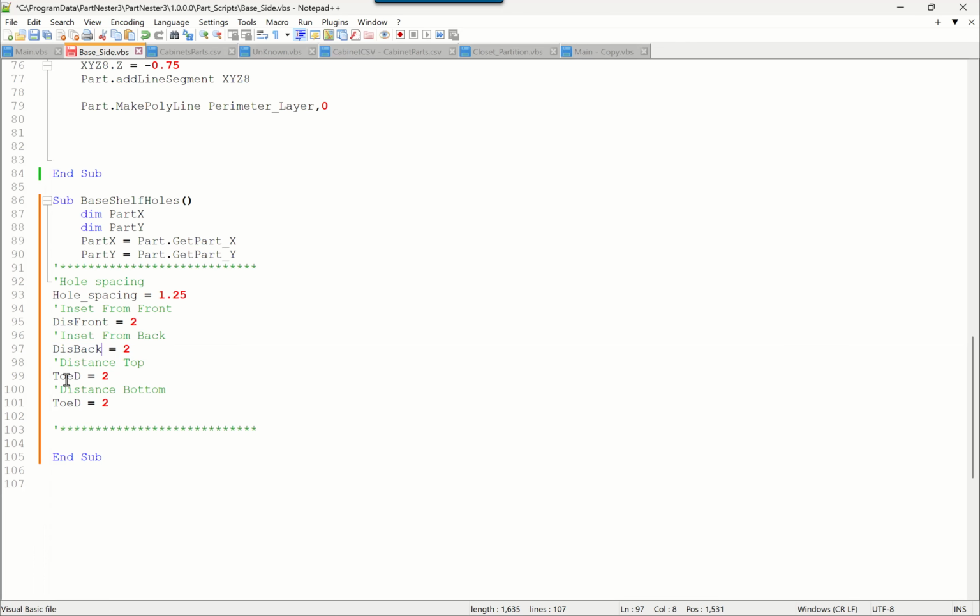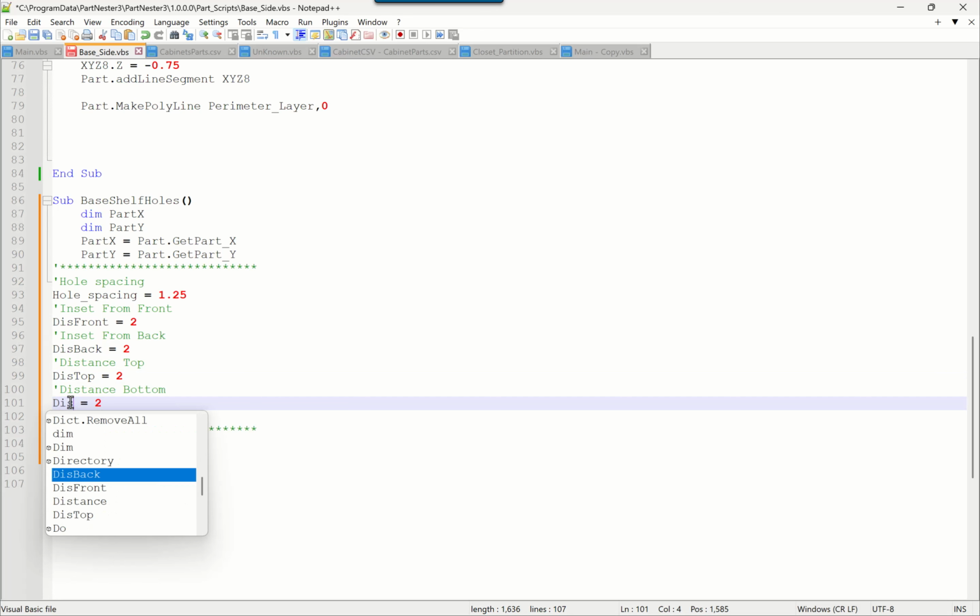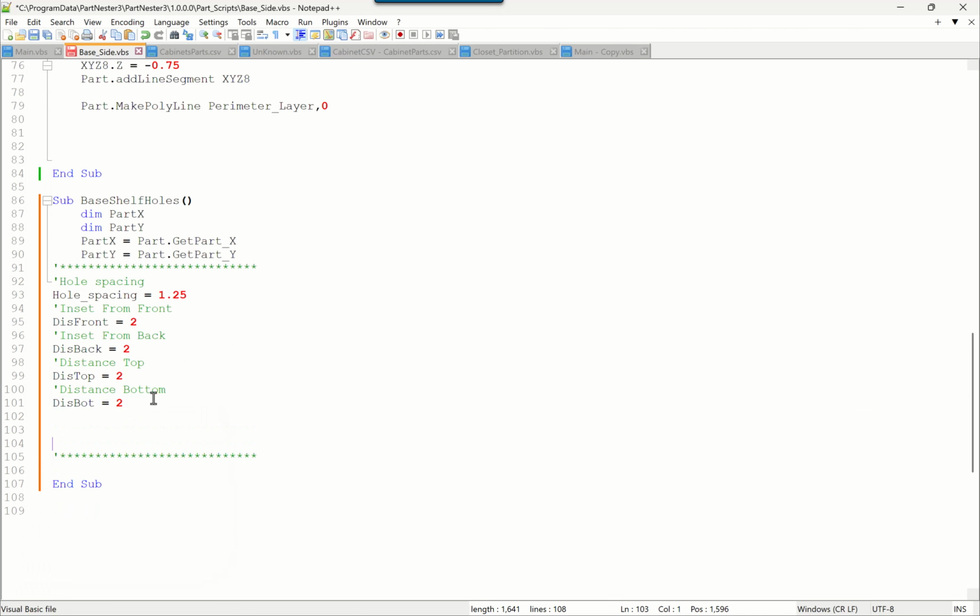And remember, variables are just made up words. The distance from the bottom, we're going to increase that a little bit because we have our toe kick height,